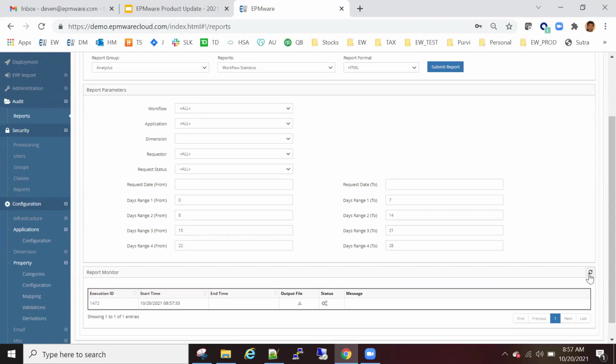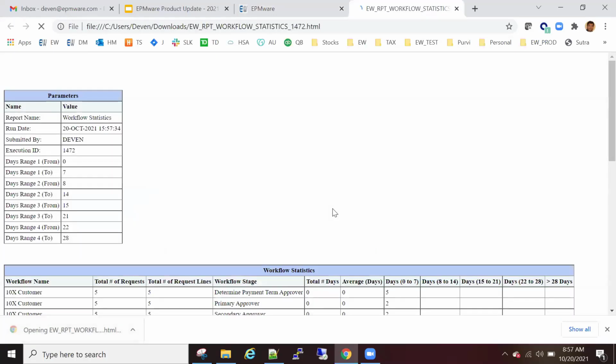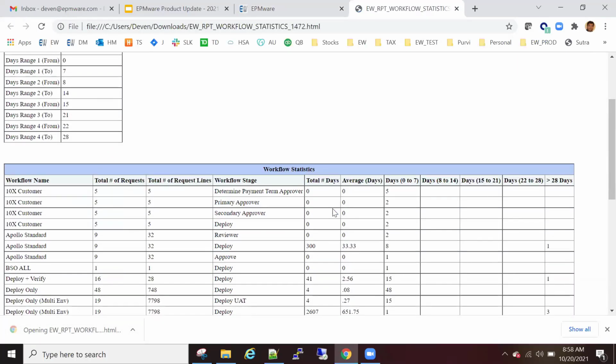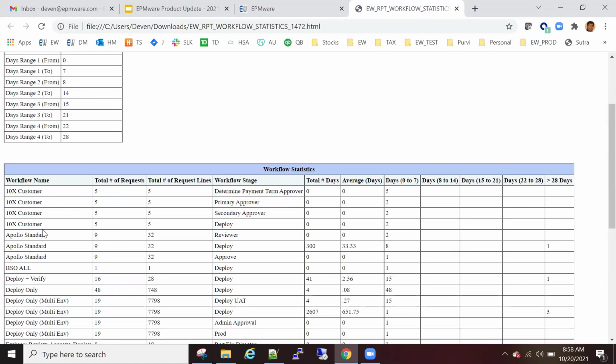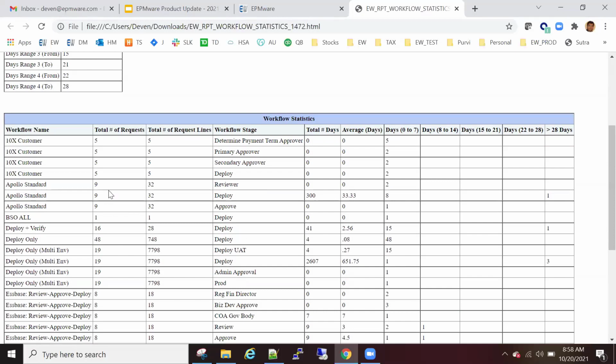And this is a very powerful report. This will help you in case you are trying to streamline your approval processes and make them more efficient. So for example, this is an example workflow, right? And these are the number of requests it processed, and for each, the total number of days it took, and the average